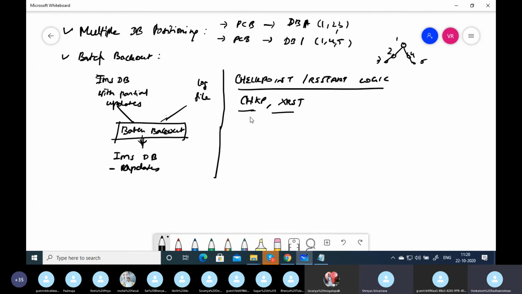Okay. Checkpoint restart means for a long running job. It is used only for long running jobs. So to save time, we do a checkpoint periodically. We give commit periodically. Commit in DB2 is nothing but checkpoint in IMSDB. Whenever we do a checkpoint, it is going to make database changes permanent.